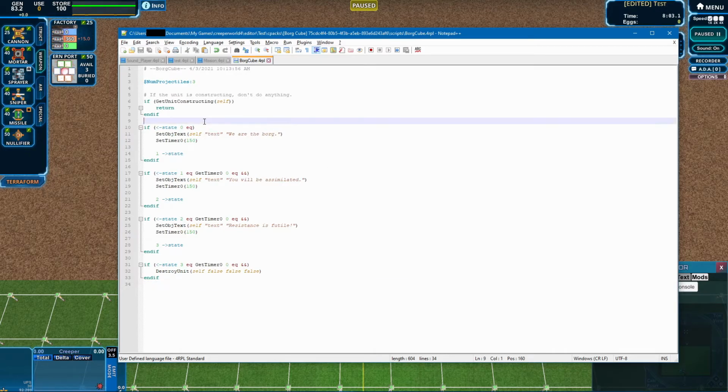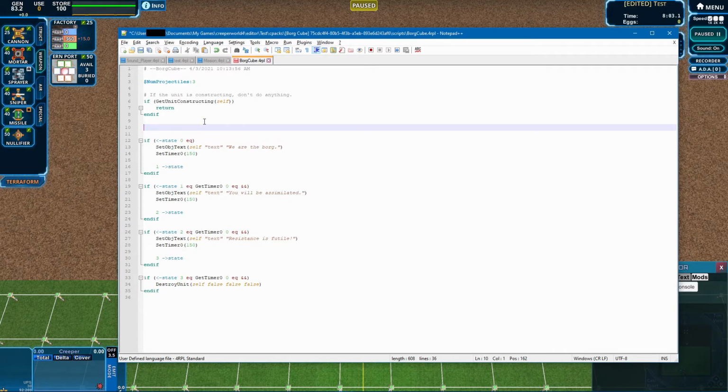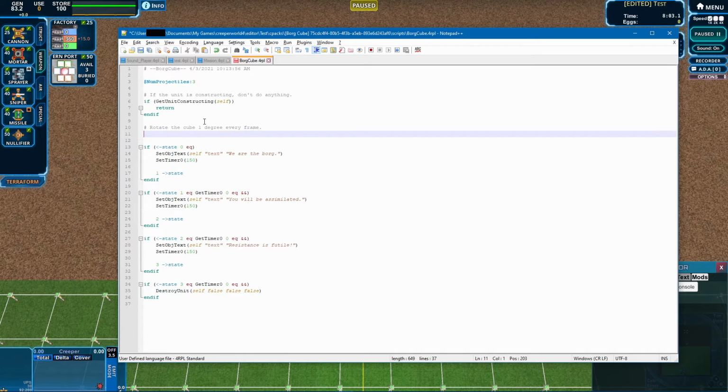To do that, we're going to start up here at this part of the script, and we're going to rotate the cube 1 degree every frame. I like to write comments as I'm doing stuff here, just so that if I have to come back through this, it helps to have a little bit of commenting to know what in the world I'm doing. Get object rotation